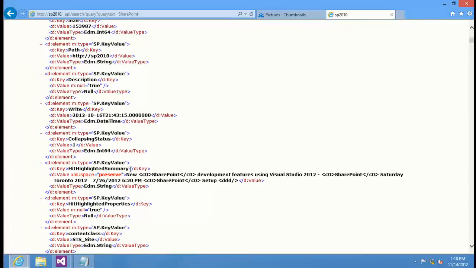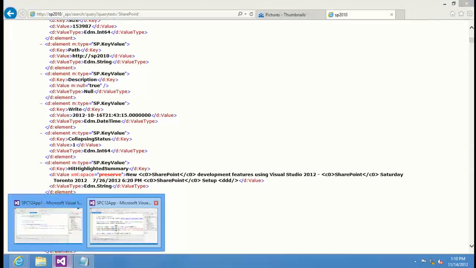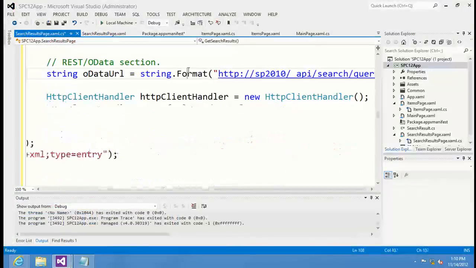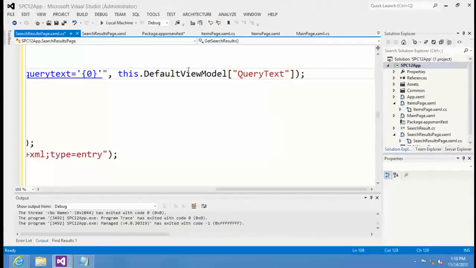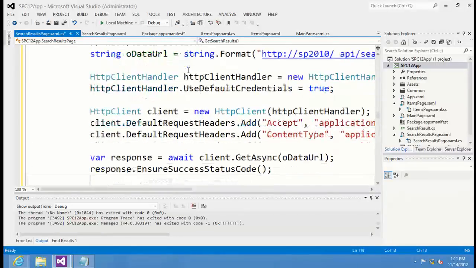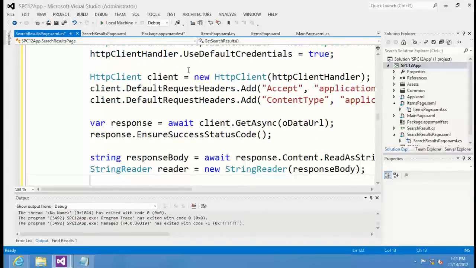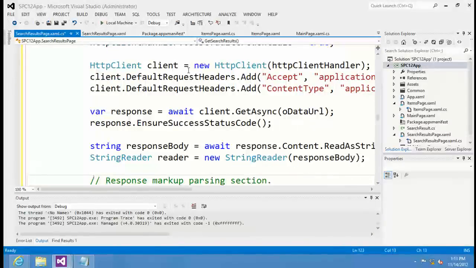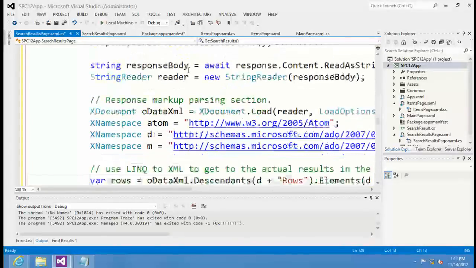We take this same URL and we put it in the same format, and it comes across to what the user searched for in this default view model query text. So that's where it gets the data from. We just append it to the URL, and then we do the same thing. So it has the same HTTP client. We do the same client handler, same authentication, all the same as we did on the last. We ensured that the success was the results came back successfully,